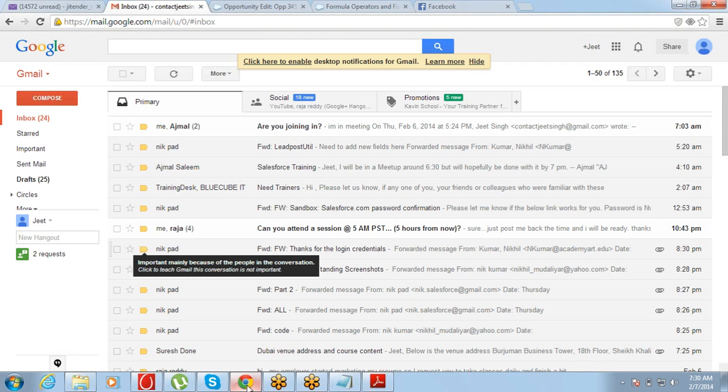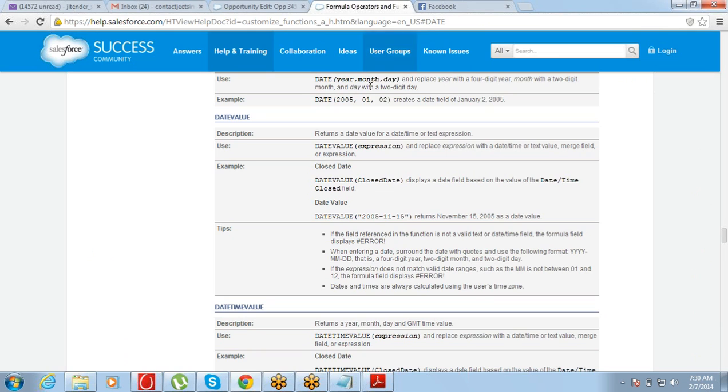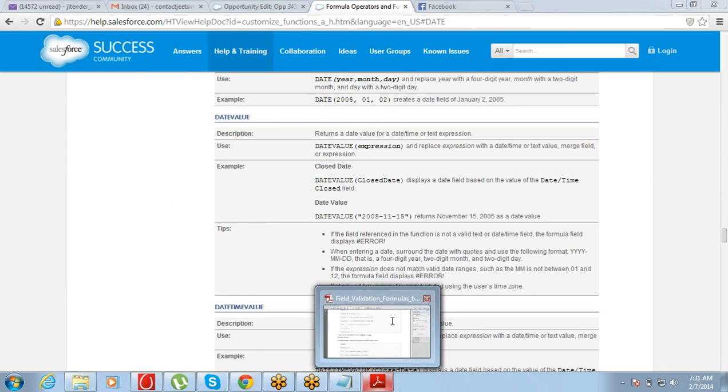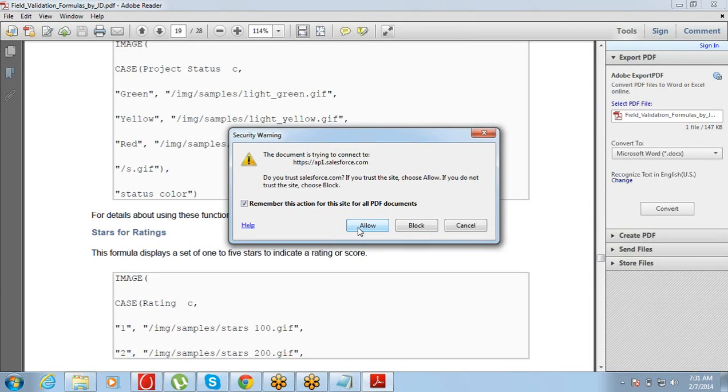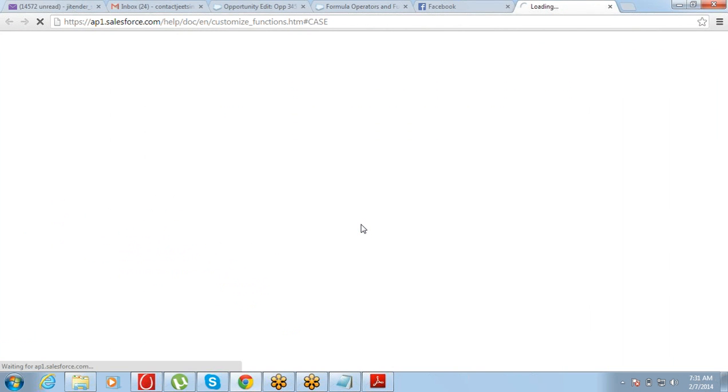One, you can go to that link that I showed you, and from this link you can find that case function, how it is used, and read details about it. Second, you can straight away click on the function and it will take you to that page where you will have the details of that function.